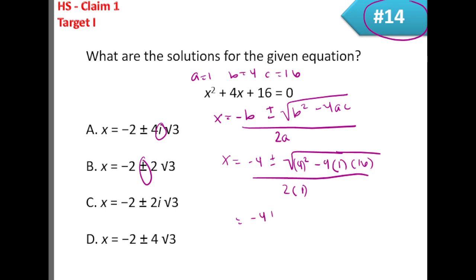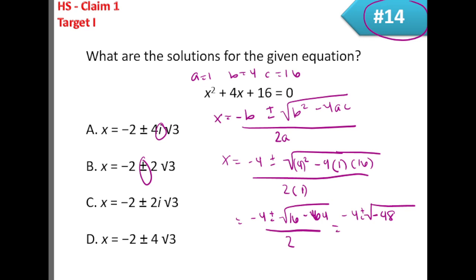So this is negative 4 plus or minus the square root of 16 minus 64, over 2. Okay, so it's negative 4 plus or minus the square root of 16 minus 64, which is